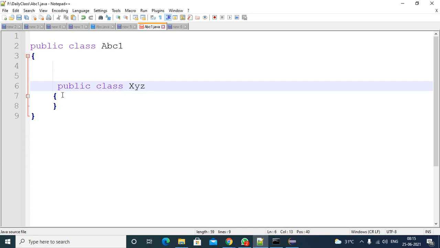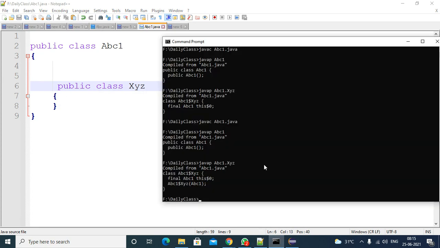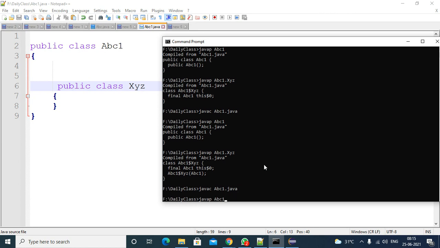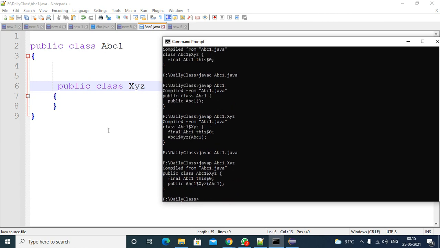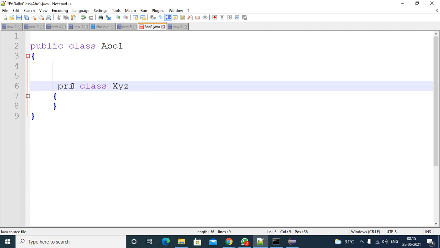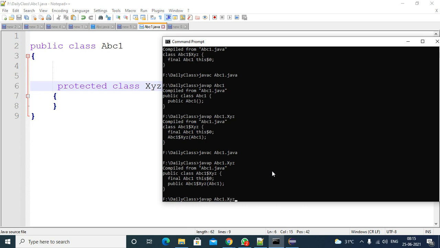We'll try with public. So first compile it to reflect the changes. Verified, public is there. Protected. So verify it. Protected must be there.